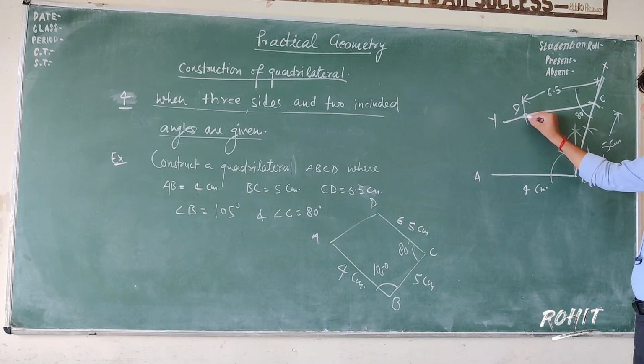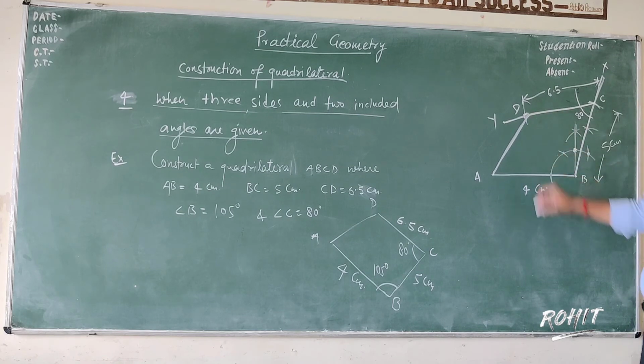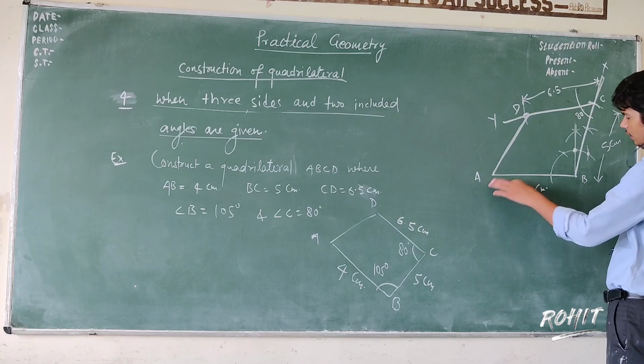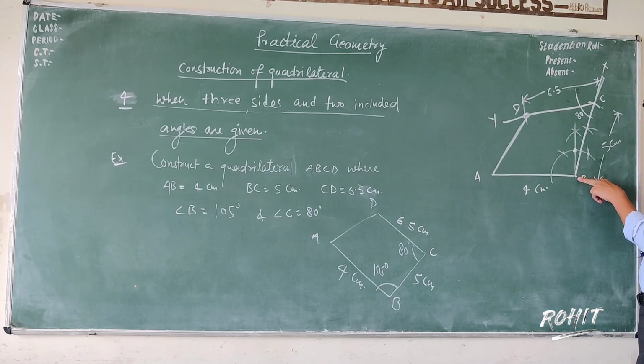Now drawing this point D to this point A. This is the required quadrilateral. Now to summarize, first draw AB of length 4 centimeter. Then make an angle 105 degree at point B, and making 105 degree angle, draw a ray BX,